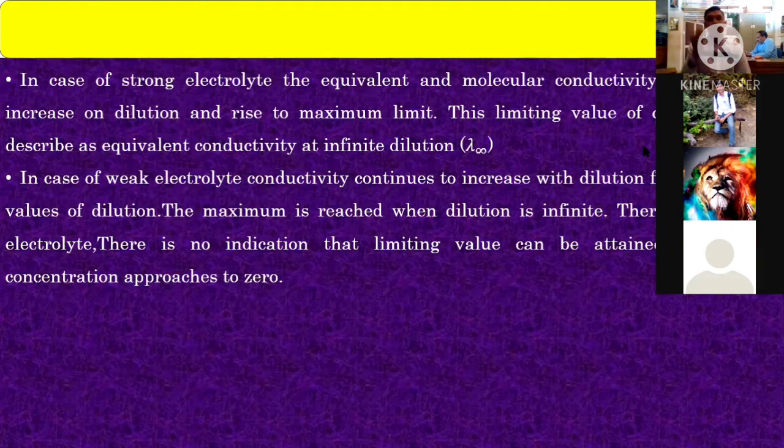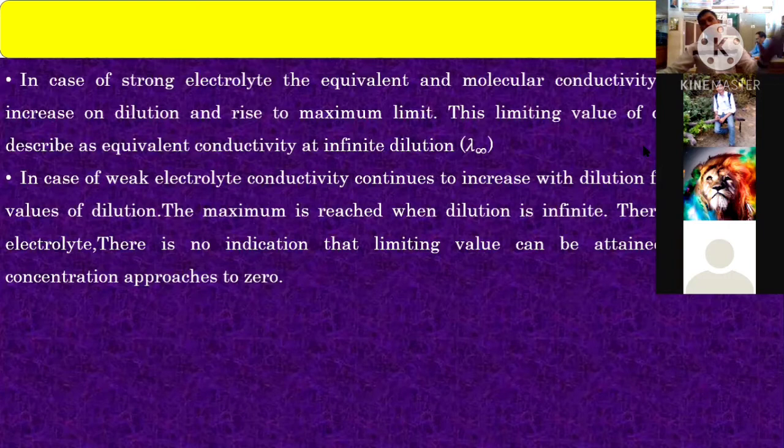Because if you take a 1 molar KCl solution, how many ions are formed? 10 KCl gives 10 K positive and 10 Cl negative. If you add more and more water, 1 liter, 2 liter, 5 liter, 10 liter, does the number of potassium ions increase? No. Does the number of Cl ions increase? No. Hence, the limit value of conductivity is described as equivalent conductivity at infinite dilution. The number of ions increases only up to a limit. If you add more and more solvent to a given solute, then no further increase in equivalent conductivity occurs in the given solution.